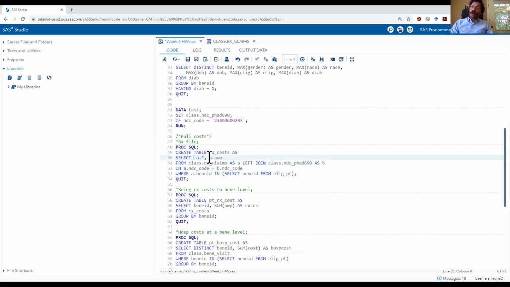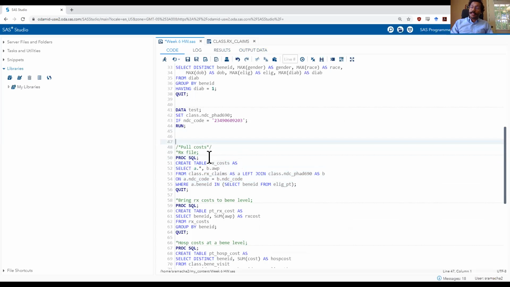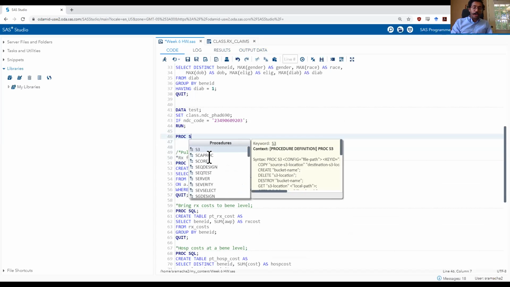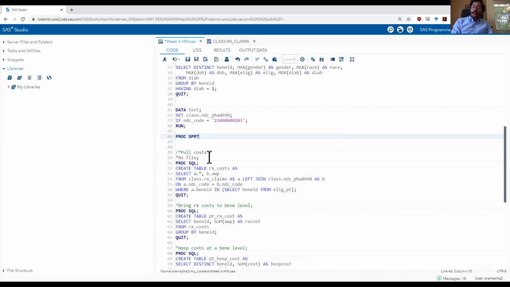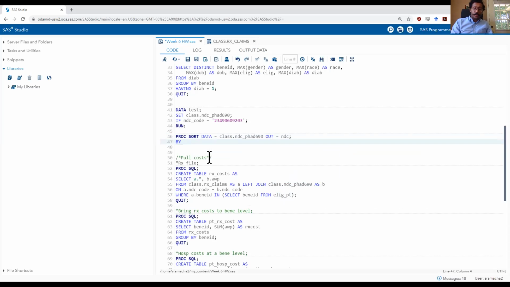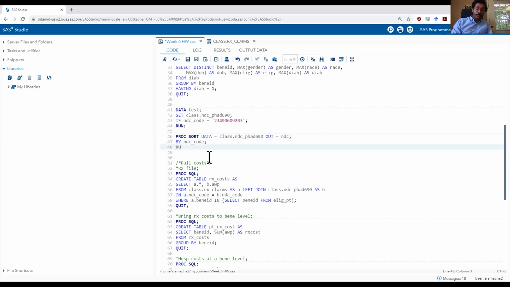Another way to fix it, if you don't want to write the distinct statement, is to basically first take your NDC file. So I would write a proc sort, and then I would add the no dupe key function.